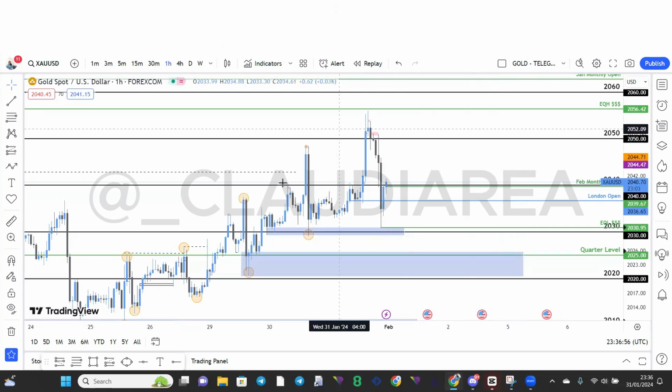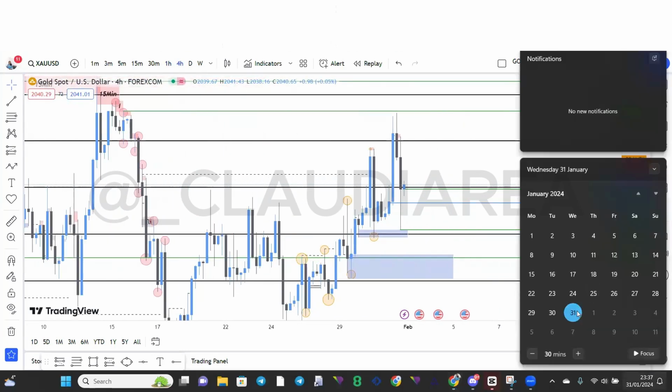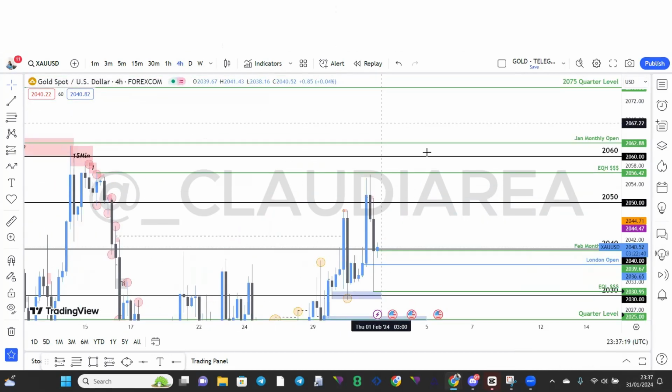And yeah, that's also a little insight as to where gold is currently at. It is the 31st of January, but the market's already open at 11 p.m. So it's technically the 1st now of February, but that's where we're at right now, right? All of the time frames are showing us that price is bullish. So until price comes up and hits one of these extremes, and then we just need to do the